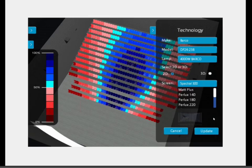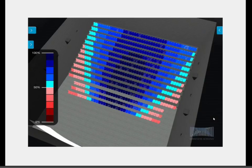I'm now going to change the screen type. So at the moment, a Spectral 300. I'm going to change that now to a Claris 170. So that's a 1.7 gain passive silver screen. Like so. And now, of course, you can see the viewing experience is drastically changed. There's a lot more blue seats and the very dark red seats have disappeared